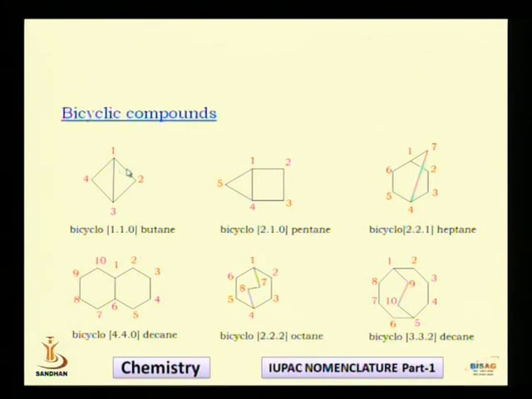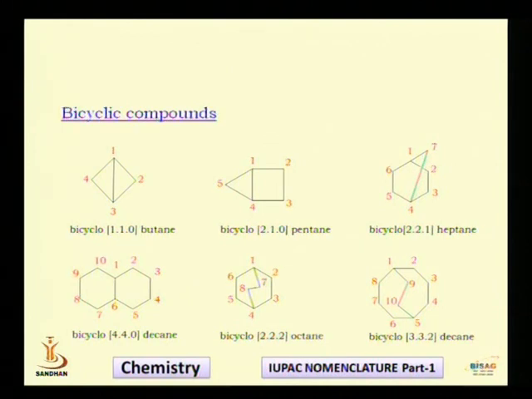So what I have to do? I have to write the number of carbon atoms in the first half cycle. So what you observed that there is one carbon in the first half cycle, and that's why we will write 1. So I have written 1 over here. That indicates that there is a one carbon atom in the first half cycle. Then we have to go for a second half cycle, and we have to count the number in the second half cycle. And when we count this number in second half cycle, we notice over here that there is only one carbon atom in the second half cycle. So again we will write 1. This indicates that there is a one carbon in the second half cycle.